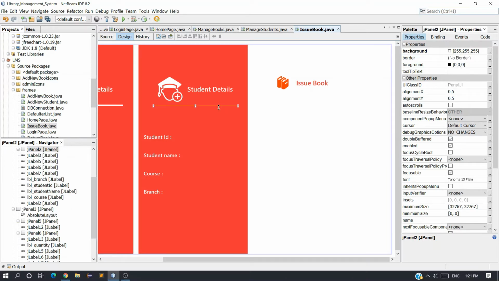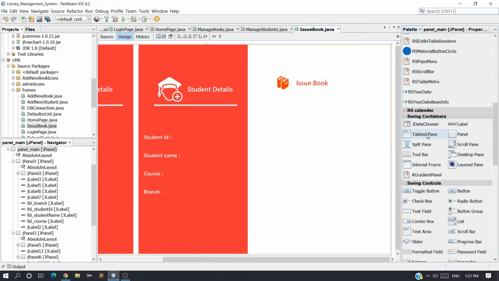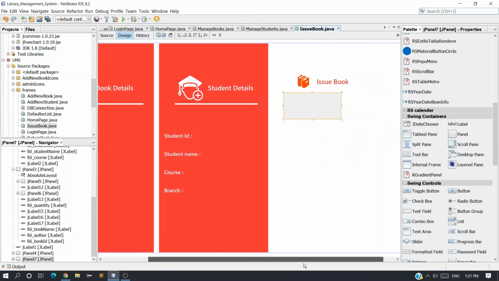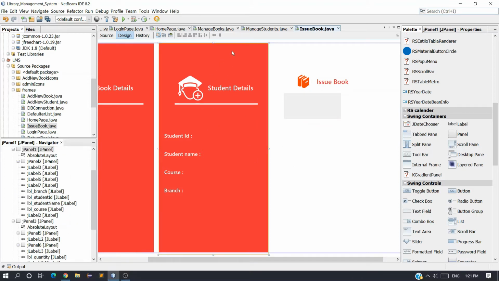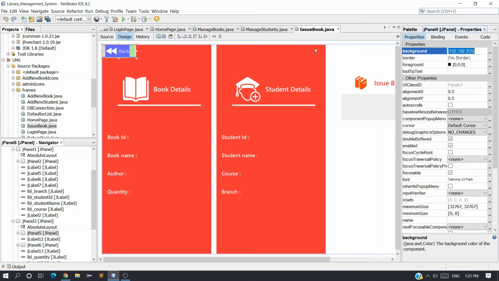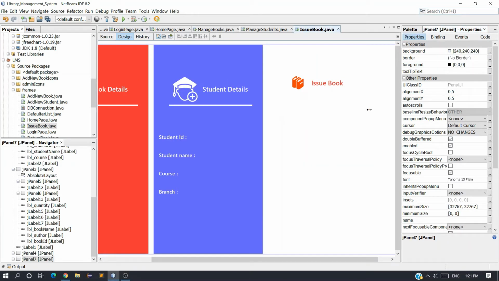Now I think we got it or not. Let me just create it. So take a panel, and I also want to change the background color of this panel. So copy the background color of this button, go to properties, copy, and select this panel and paste it here. Okay, good. Now issue book.